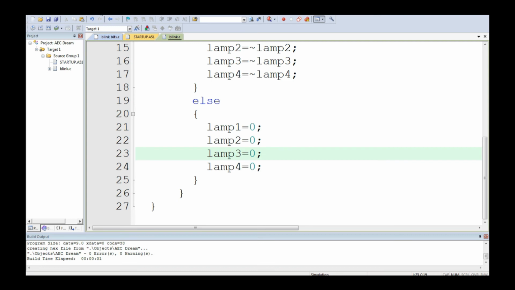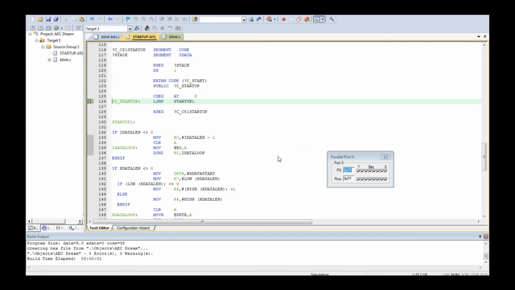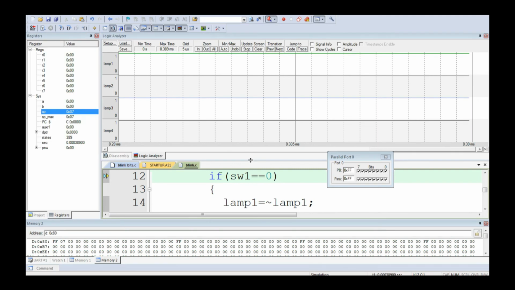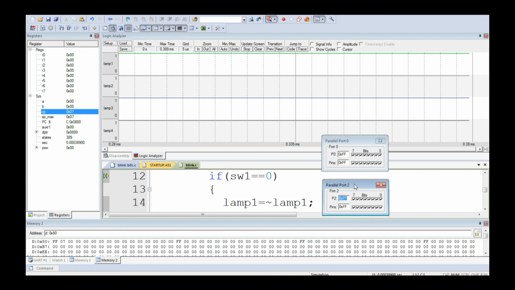And now we are going again to the simulator window. In the previous examples, we have seen only the output. Now we are giving some input and some processing is happening, and after processing we are going to get some output, which is very interesting. So port 0 is the output port where we have connected all the 4 indicator lamps. But in port 2, we have connected our switch, which is the individual bit 2.0, the LSB of this.